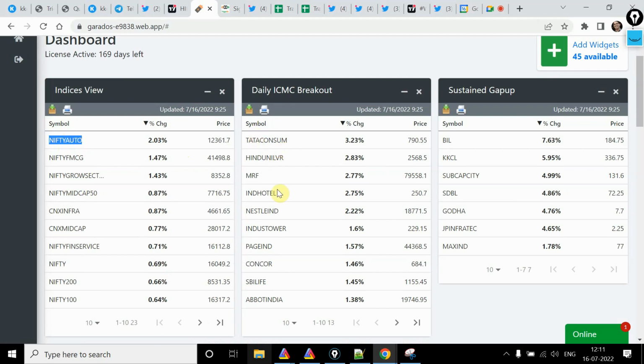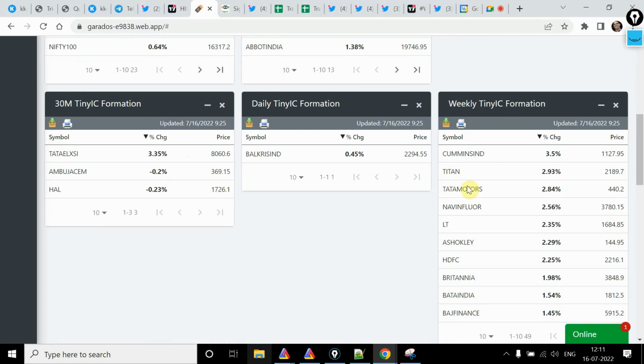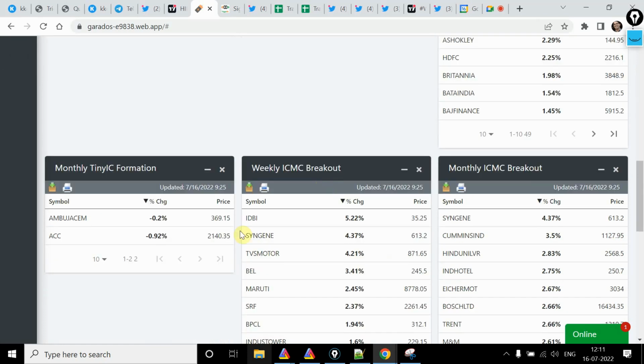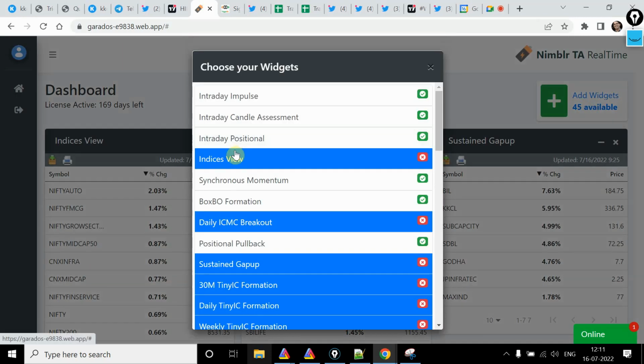Even if you see over here, you have MRF, you have other stocks where you have Tata Motors, you have Maruti. So those will be evident when you are doing your analysis over here as well, right? So it is giving you an indices view that auto sector is on the buzz. So you should look for auto stocks. Now, if I'm looking for synchronous momentum,